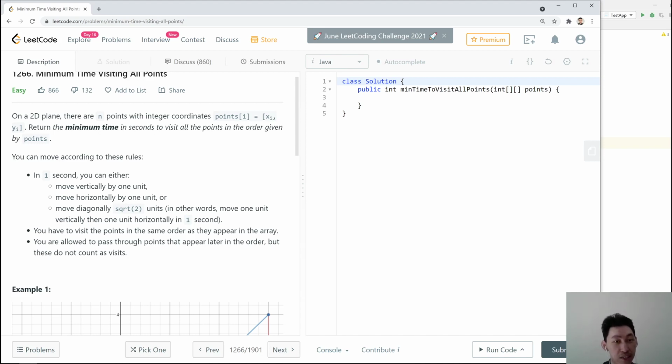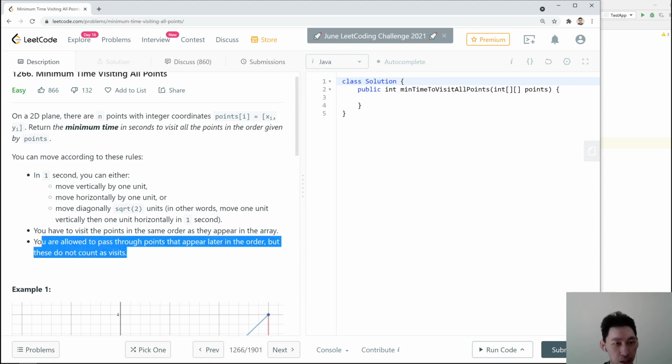I like that one, the same order, because otherwise it would be complicated, possibly. Whenever it's in order, it's easier because you're iterating in order, so you know that the next thing you have to do is going to be the next element in the array. I also like that one. That simplifies it,